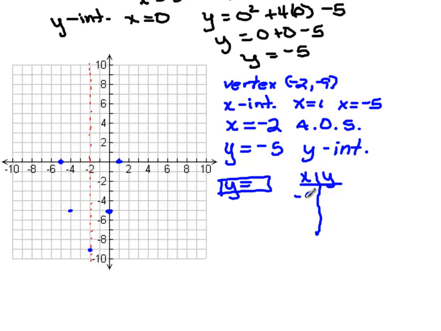But using your calculator, you can also get some additional points like (-6, 7), the (-5, 0), which we already have on our graph, the (-4, -5), which I already have on my graph, the (-3, -8), (-2, -9), which is the vertex, and (-1, -8),